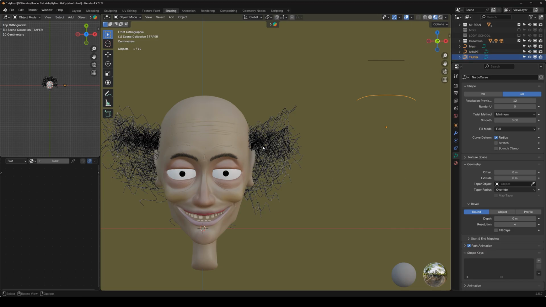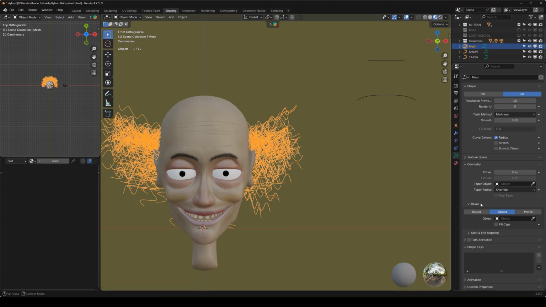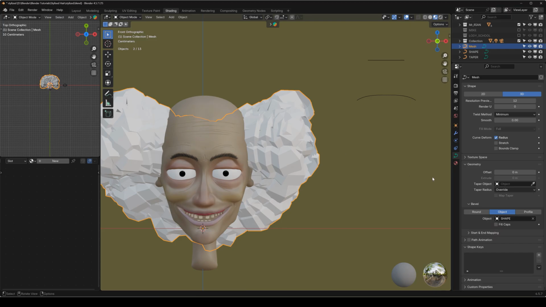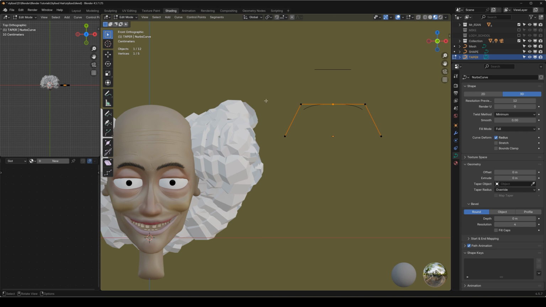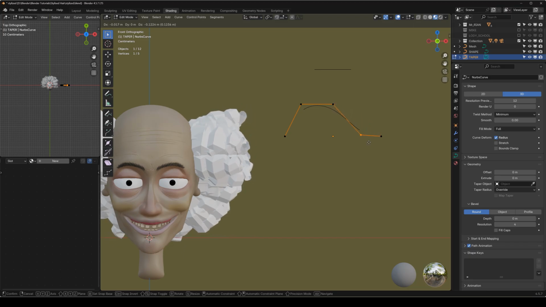Okay, so again, click on the curves object. Under geometry bevel, we want shape, which will do that. And then under taper object, we want taper. Now if we select the taper, we can start messing with this. Imagine these are the hairs laid out on their side, that's kind of how this works. So it's very flat, which means it's flat across the whole shape. So I want the ends to taper. So I just need to bring this down, and you can see,